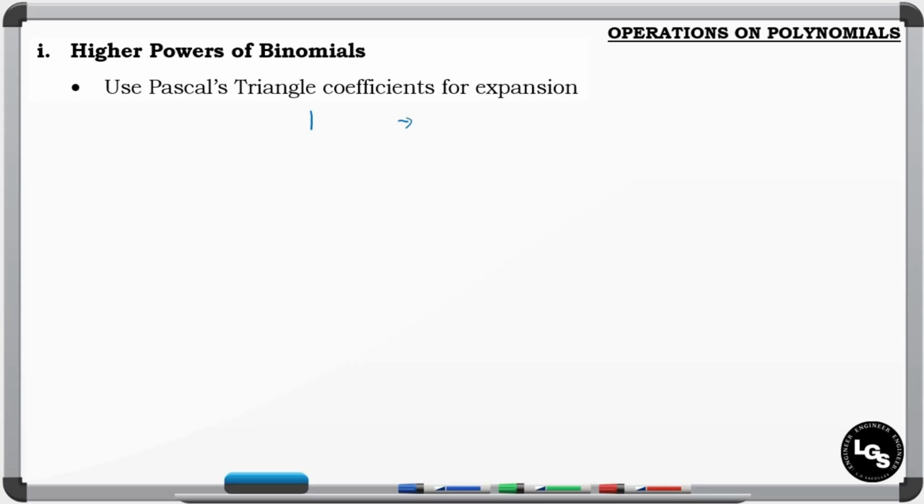So this is for binomial, so let's say x plus y with an exponent equal to 0. Because remember, any number or variable with an exponent equal to 0 will always result to 1. So we have this 1 at the top of the triangle. Then for the second layer, we will copy the 1 and again 1 for the outer. So you will see it look like a triangle already.